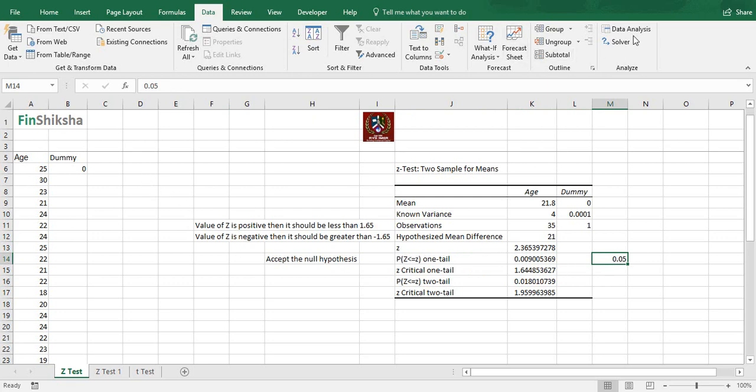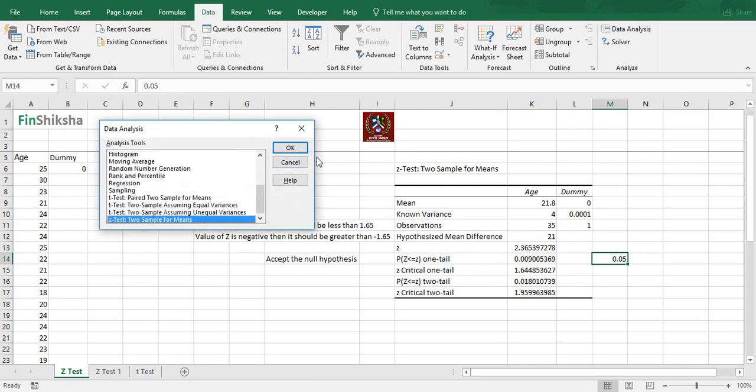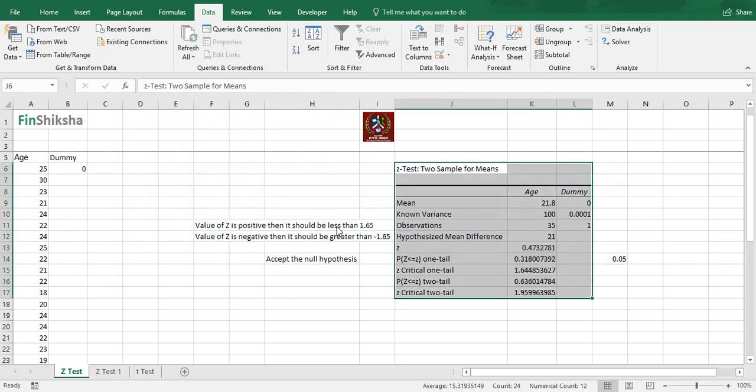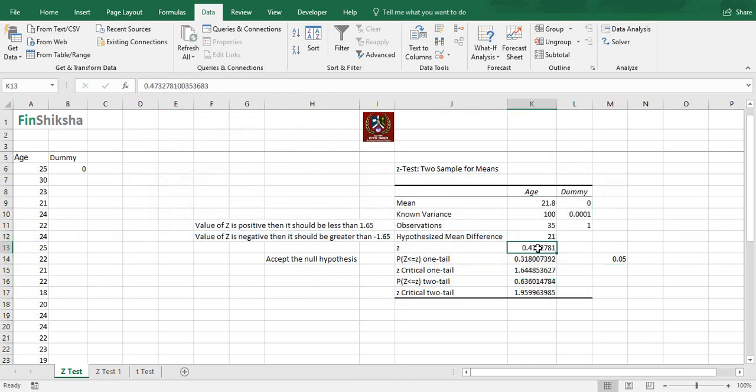Let's take the example where my variance is very high. So standard deviation being 10, so my variance being 100. And let's run this analysis again. Over here as well, I can accept the hypothesis. So my z value, which is positive, is less than 1.65, so that's fine, and my p value is greater than 0.05, so again I can accept the value as such.